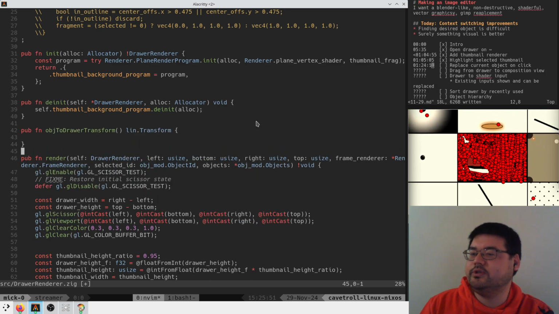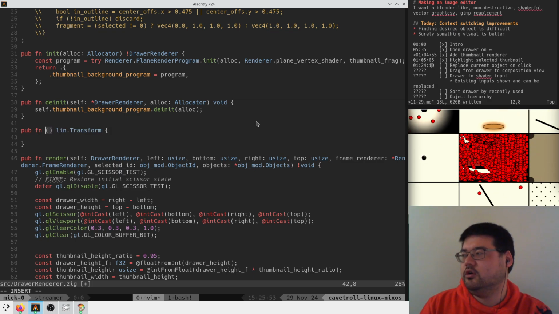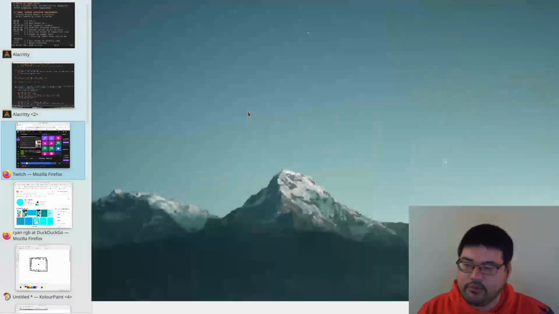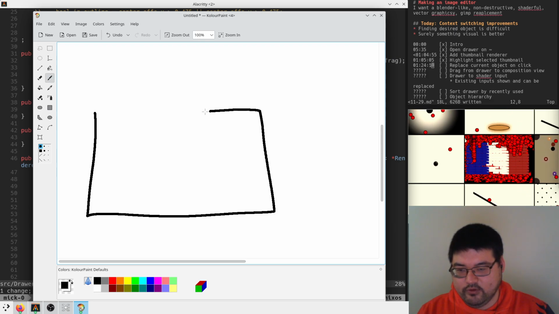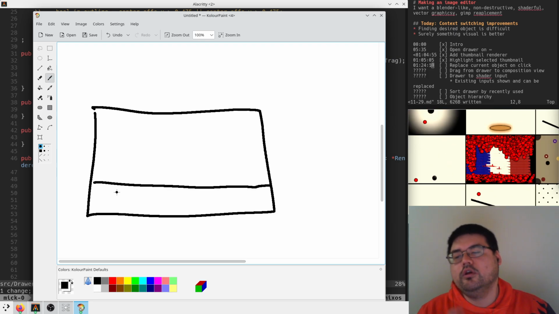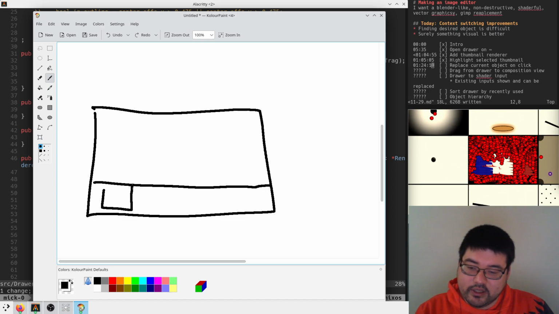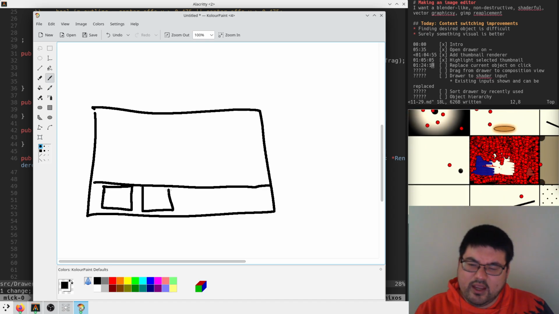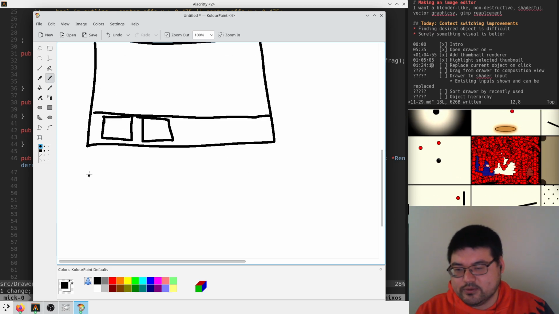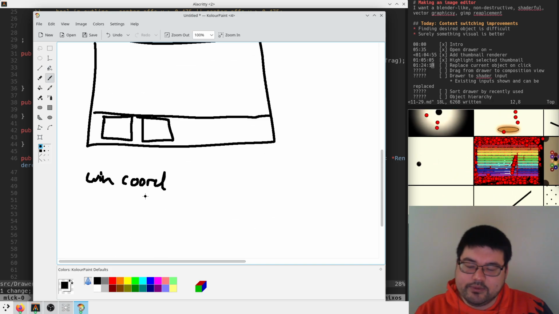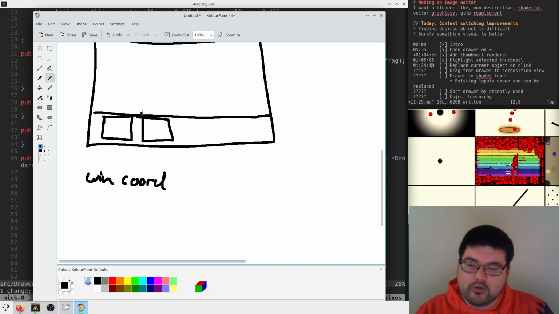We kind of want, so that when we click on a thing in this viewport down here, we want which object we clicked on, right? And I guess the input to that is going to be some sort of window coordinate, right? And we want some sort of transformation that goes from window coordinate to object ID,